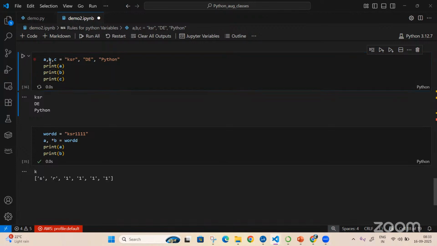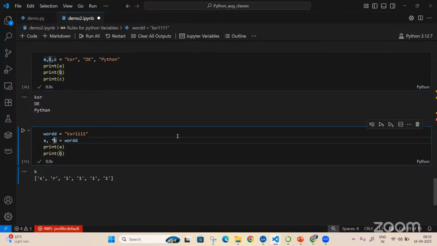KSR, Python. In this way, you can assign. But if you are assigning one word, it will always iterate that. And if it is less than or greater than the number of variables, it will always throw an error. Now, if I want to put everything into one variable, I'll just put the star, and it will take it.